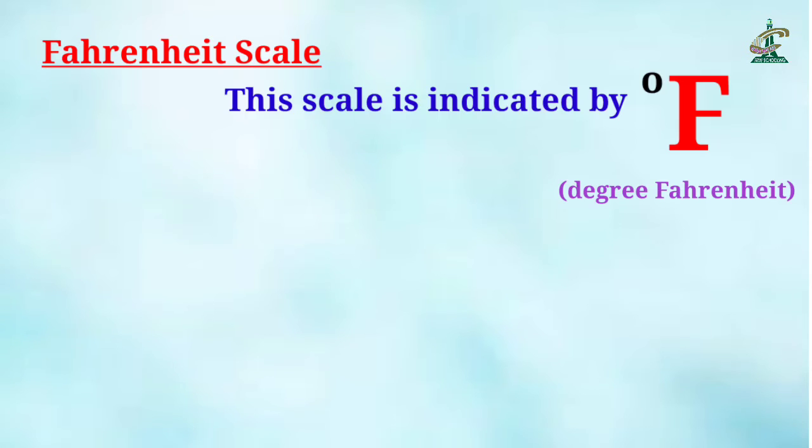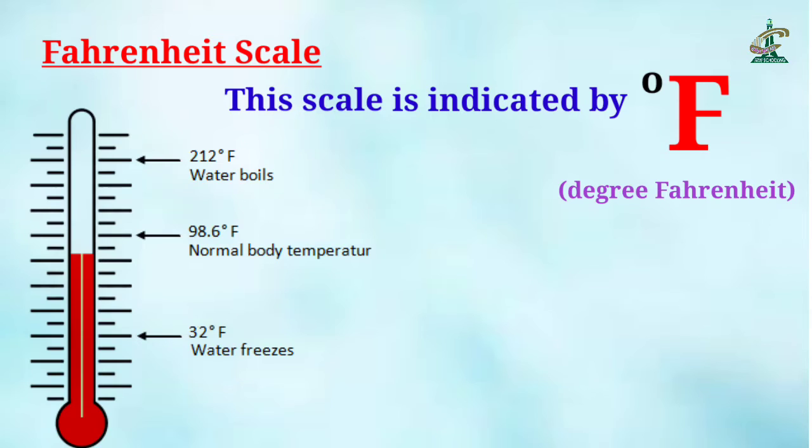Second scale is Fahrenheit scale. This scale is indicated by degree F. F indicates Fahrenheit and this 0 indicates the degree. So we call it degree Fahrenheit scale. Okay, beta, you can see the image here. The lower fixed point is 32 degree Fahrenheit and the upper fixed point is